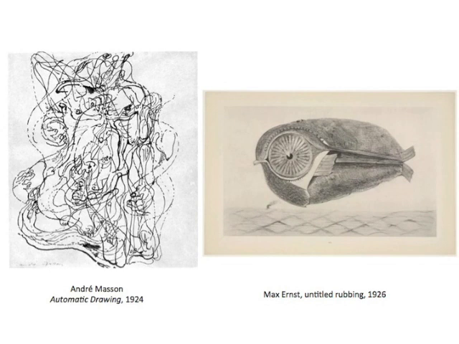With automatic drawing, some kind of chance activity or found texture or random drawing is used as a starting point for an artwork. So we see on the left here André Masson's automatic drawing. He may have been closing his eyes, even walking, just doing something where he just randomly created these scribbles with the gesture of his hand. And then you can see that after that random gesture, he went back and added some sort of forms and added these sort of hands or what looked like eyes maybe